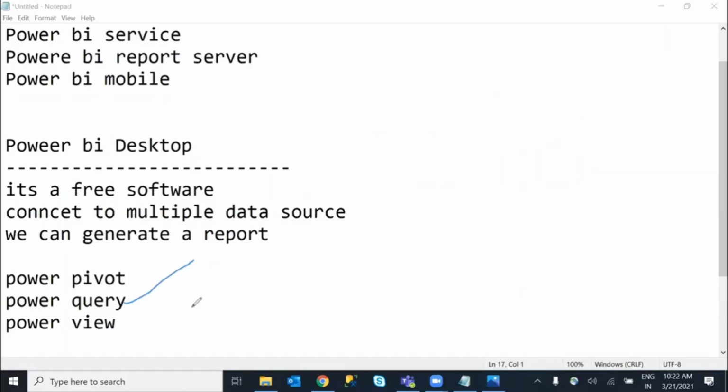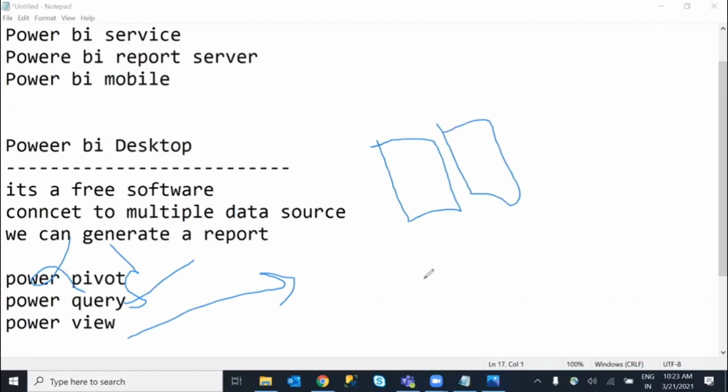We can perform some data transformations. If data is not in a proper format, transform your data. Then once these two steps are done, we want to create the visualization. So for example, I want to see country wise my sales, or product wise what is, for